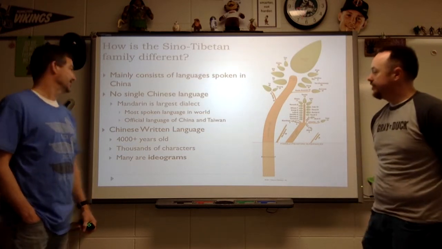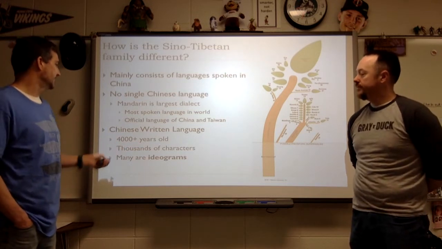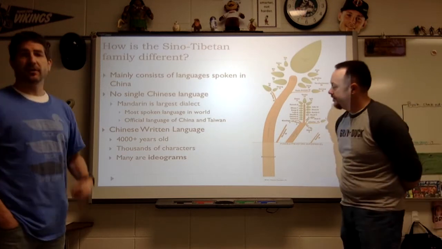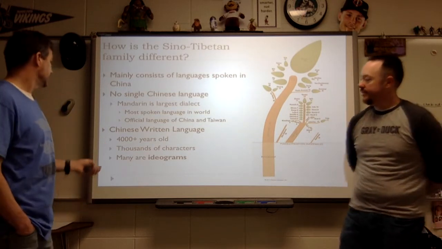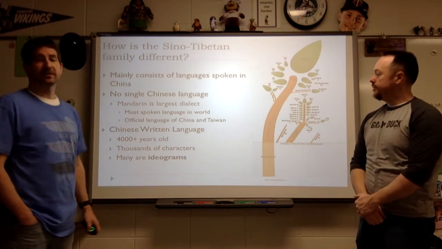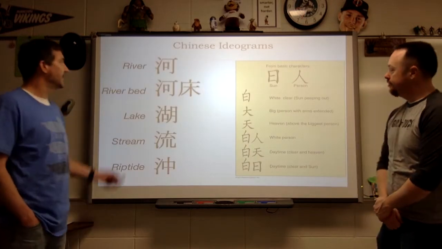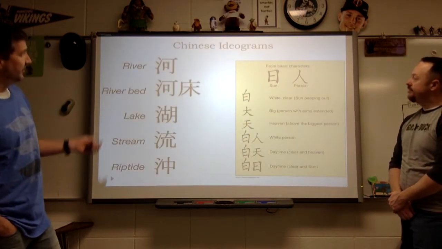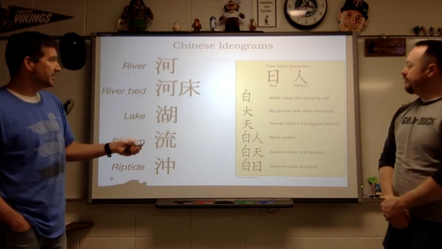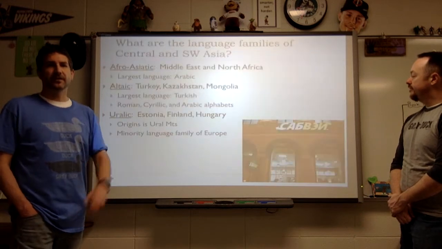By that reasoning, keep in mind that the Chinese written language is made of characters instead of letters. So we have this idea of ideograms, and it's thousands of characters. So it's not an easy thing for Westerners to pick up on. There's an example of Chinese ideograms, straight from your book. Basic characters: there's sun, there's person, stuff like that. Again, you can find this in your book.